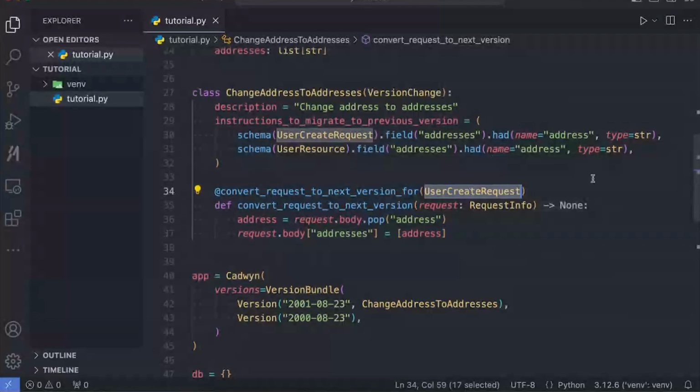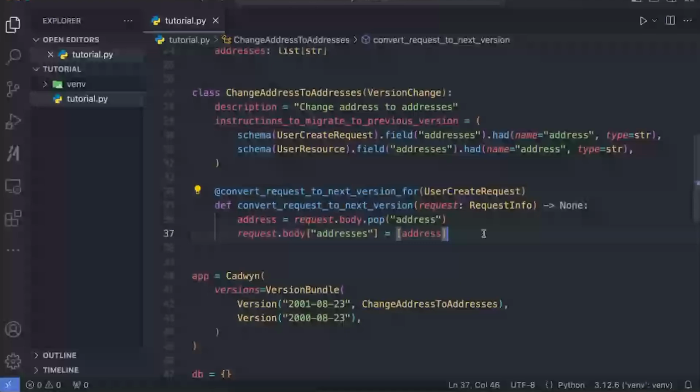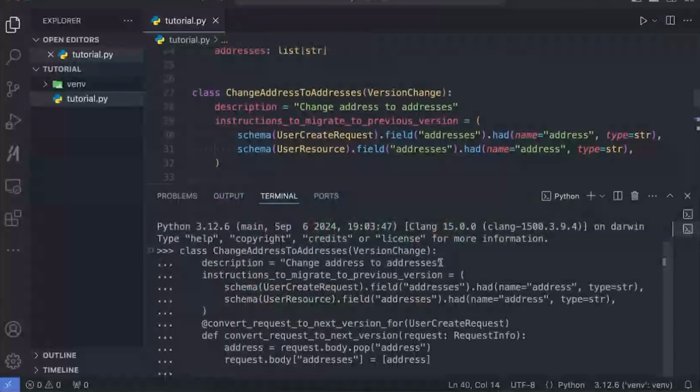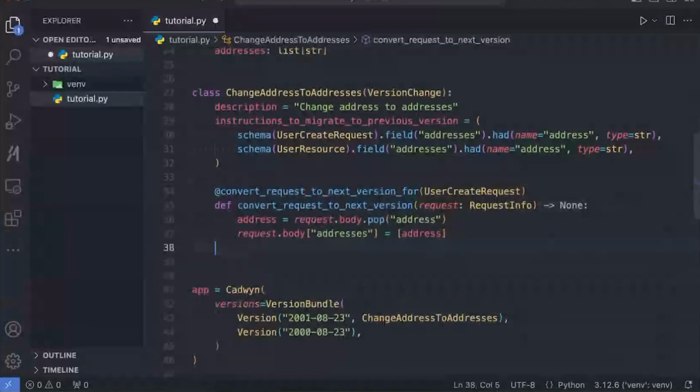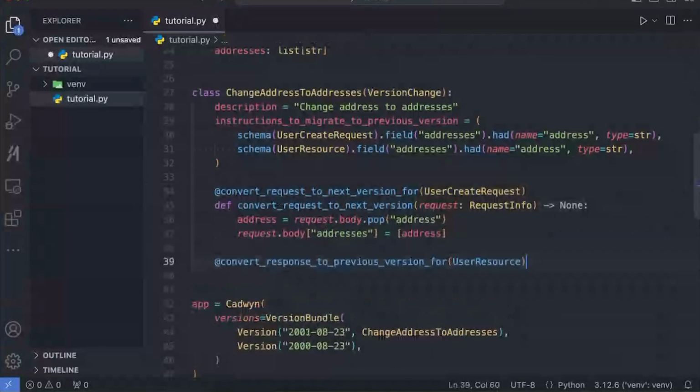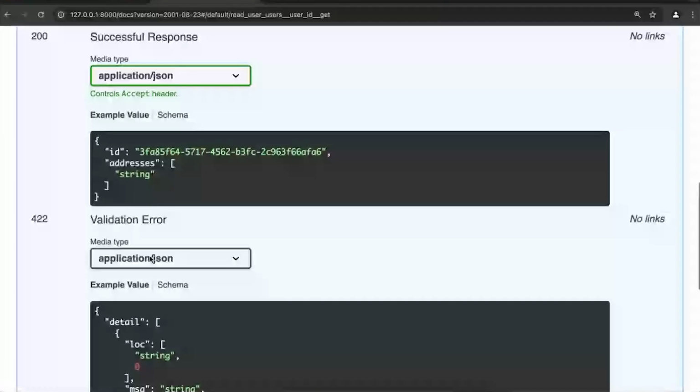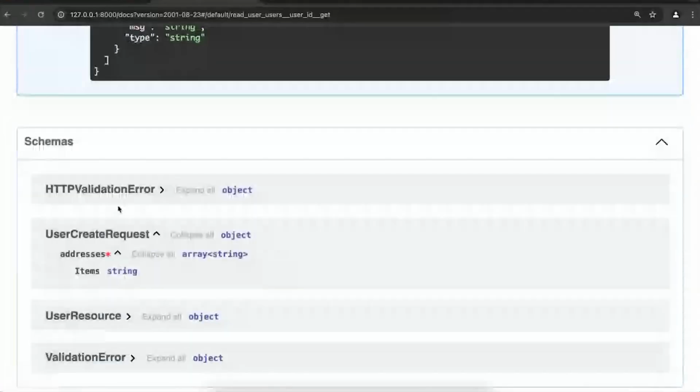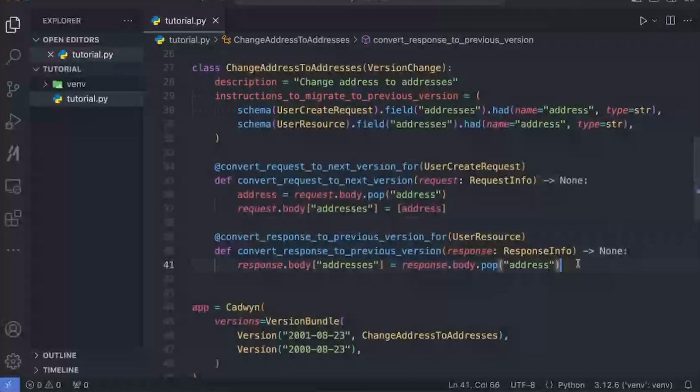10 endpoints using it. And I guess that's also one of the benefits. We're not always defining them based just on endpoints. Sometimes it might be multiple endpoints using this. So you're doing it based on a shared schema component in the OpenAPI. Yes. Is that right? Precisely. Wow. Okay. And so every single one of them that uses the user create request schema here will get migrated. And obviously Cadwyn has an option for specifying the full path, but this is the default mode that we work in. Same goes here.